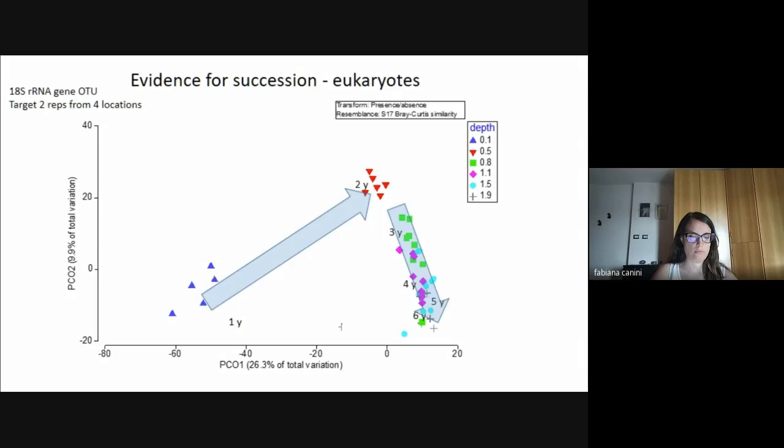So the second process we're looking at here, we looked at colonization initially. We saw there was a degree of response to connectedness, but we're now looking at how the community evolves as it develops in the moat system, and we can see this convergence across all of these sites, which are separated from each other by hundreds of meters, and we're seeing this convergence towards a standard moat community after 4 years.